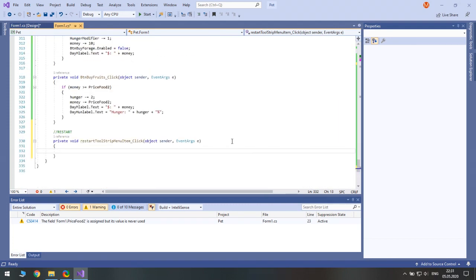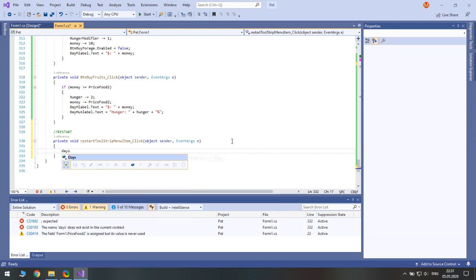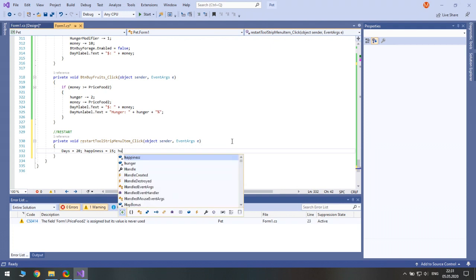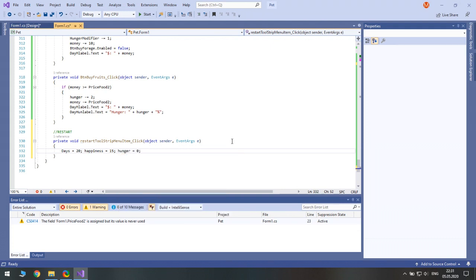So days equals to 20, happiness equals to 15, hunger equals to 0, hunger modifier was 2, money was 1, free hour was 1, happiness bonus was 0, and current day it should be equal to 1. Yeah.